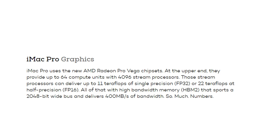Those stream processors can deliver up to 11 teraflops of single precision, FP32, or 22 teraflops at half precision, FP16. All of that with high bandwidth memory, HBM2, that sports a 2048-bit wide bus and delivers 400 megabytes per second of bandwidth. So much